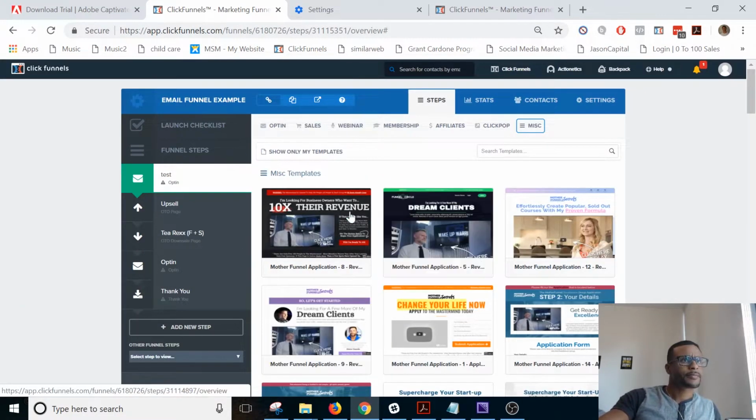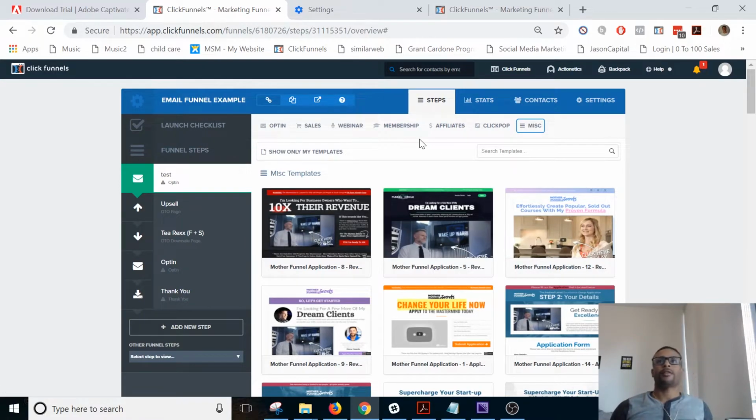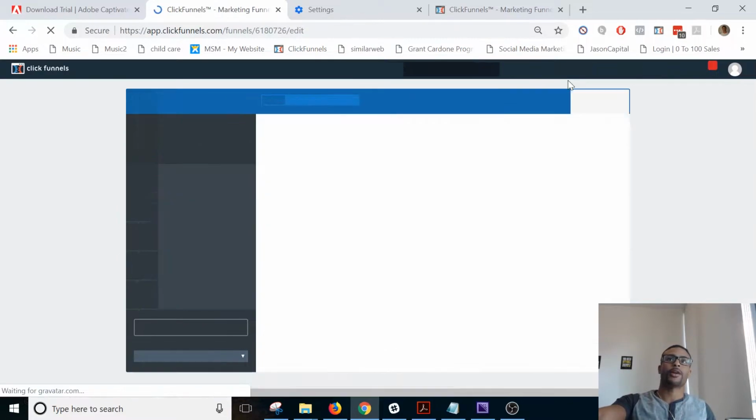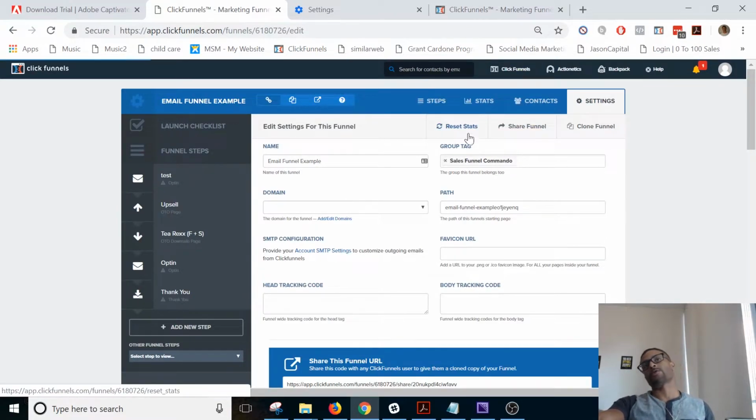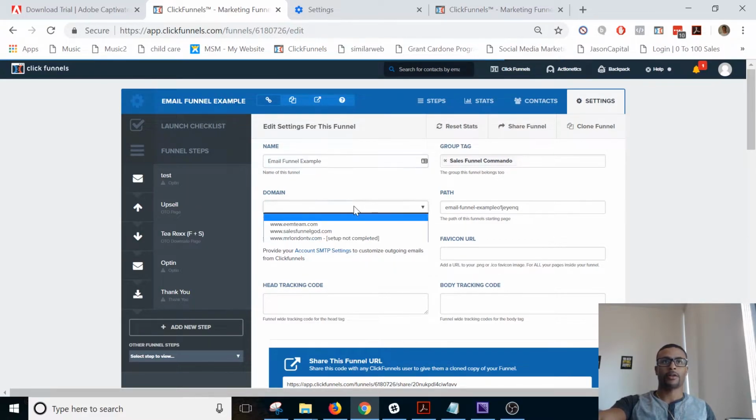And so yeah, that is the funnel builder side of things. Let me take it to settings real quick. So if you ever want to change the group tag, you can do that. If you ever want to change the name of the funnel, you're able to do that. You're also able to add